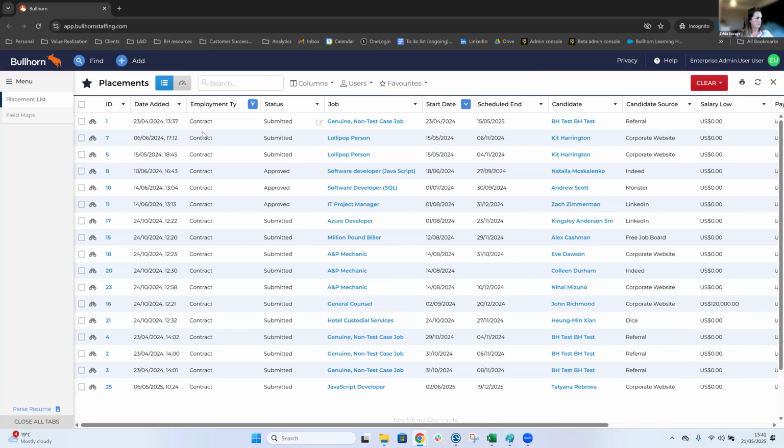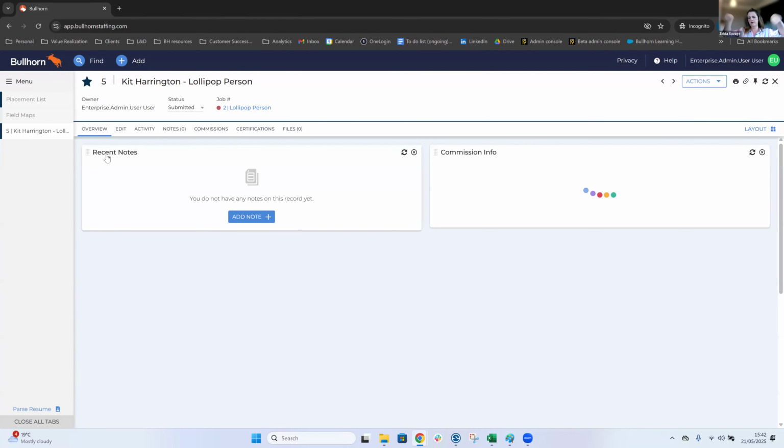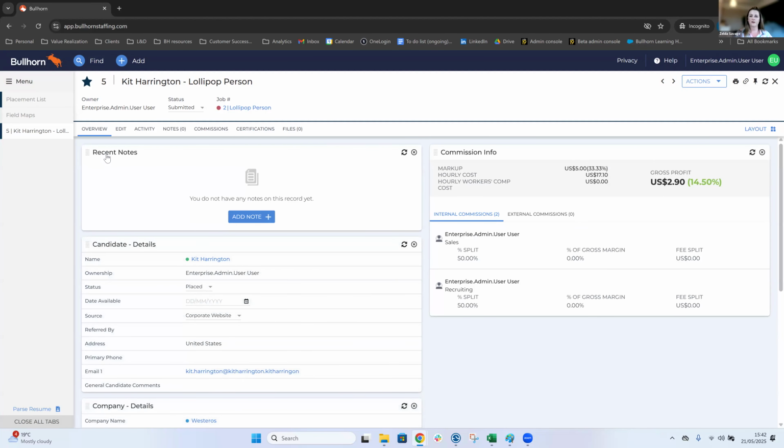Next, we have got, I'm going to choose a better job than genuine non-test case. I'm going to go into lollipop person. I don't know if you have those in the States, but those are like a person in the UK who holds a great big sign for children at school crossing the road, and it looks like a lollipop. And it's a nightmare because every time I take my kids to school, they're like, can I have a lollipop now? You're like, no. Anywho,